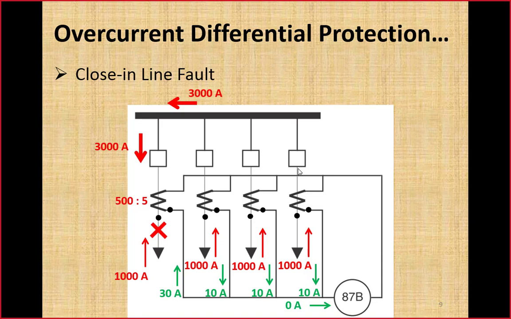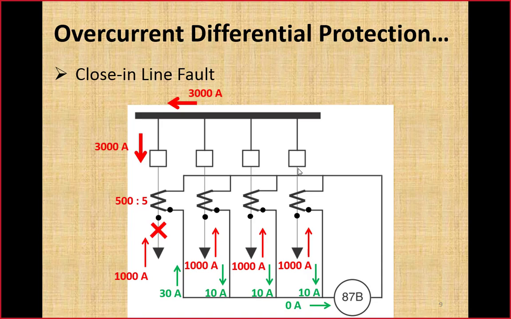Now this is if everything is ideal, with CTs replicating the primary current ideally without any error. But we can see here the three CTs in case of this close-in external fault are carrying different current. Due to this reason, the first CT, which is carrying as high as 3 times the primary current of any other CT, will produce an error much higher than the error produced by the remaining 3 CTs. So due to this error, the algebraic sum of the current would not be equal to 0, because the first CT would not give us 30 ampere on the secondary side.